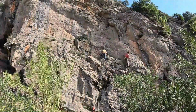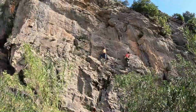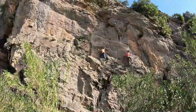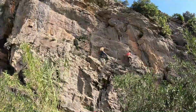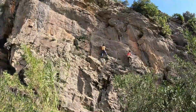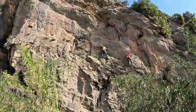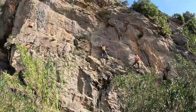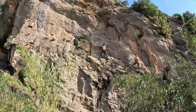So what you'll see here in some of these falls is the climber falling, landing, and then there'll be a secondary fall where the belayer is getting pulled forwards or moving forwards, and then the climber's body is going to continue to go down, so they need to keep moving their feet, otherwise they can over rotate. So if the feet just plant in the landing, the body's still moving because it's hanging on the rope, and